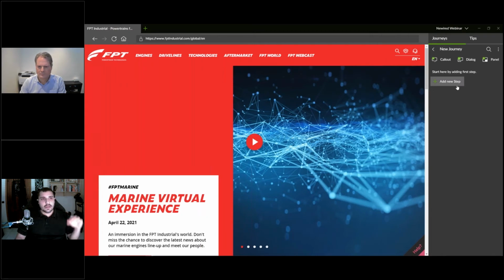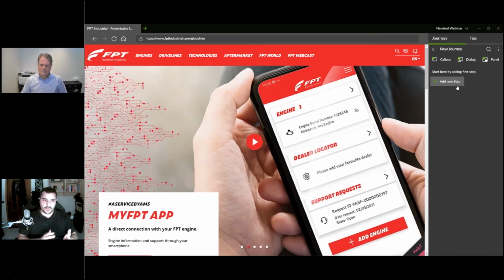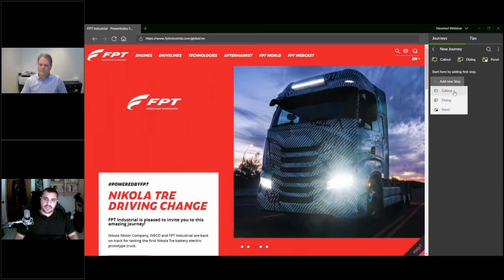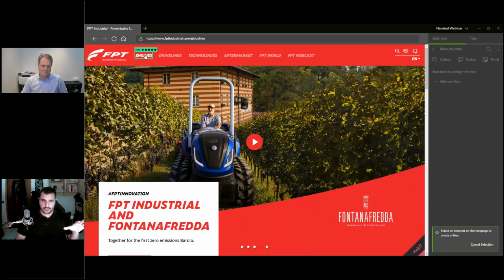And now I'm going to start to add my sequential steps. Of course, a journey is going to describe a process, and we have one to X number of steps, which we'll need to define. But you can see that I'm choosing one type of our steps and putting it on engines, for example. Let's simulate something which is very similar to the first journey that I showed you, which is the overview. Okay, so we'll just make a few steps.